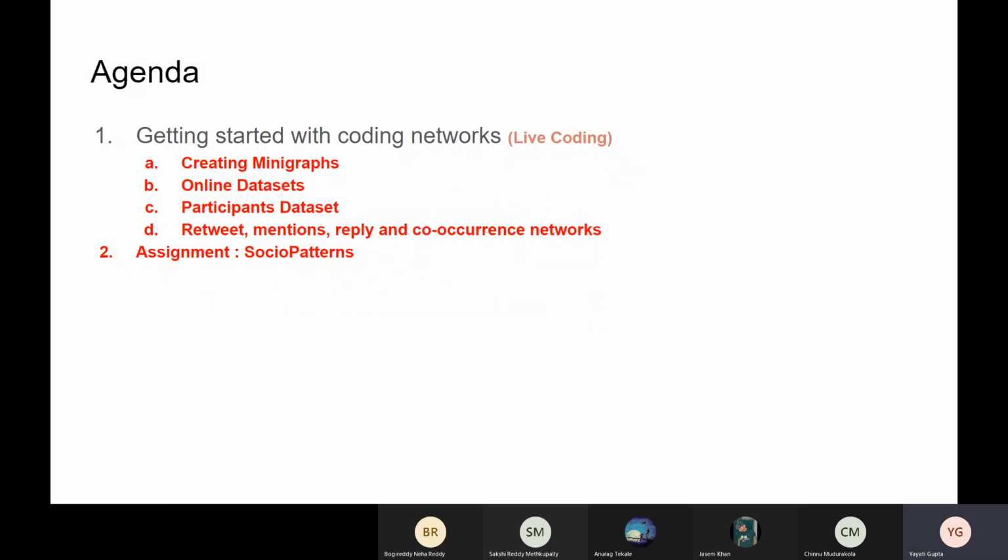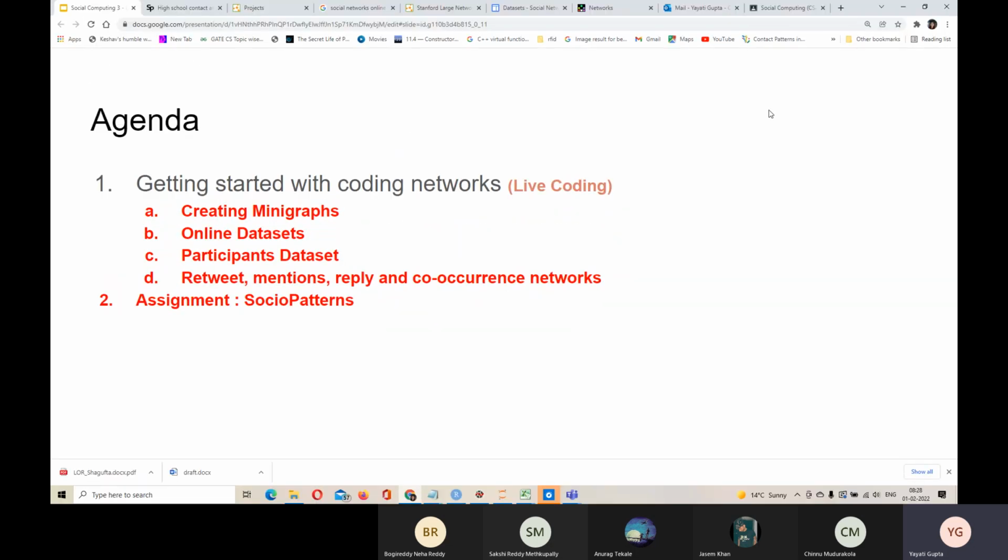So these are the four things which we are going to do. I'm going to show you how to create some very simple graphs, some synthetic graphs also. Then I'll show you some online available data sets which you can utilize for your projects. Then I'll show you an actual real world network which I have collected during one of the faculty development programs. And lastly, I'll show you how to collect some of the live data from Twitter and how you can do some analysis on that. And at the end, I'll leave you with an assignment, right? So we'll decide on the deadline of this assignment after I tell you what the assignment is all about.